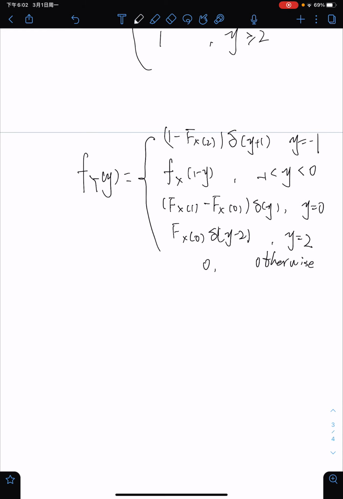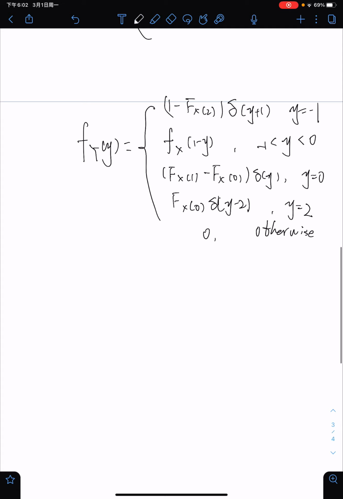And now we can draw the figure. And the distribution function,